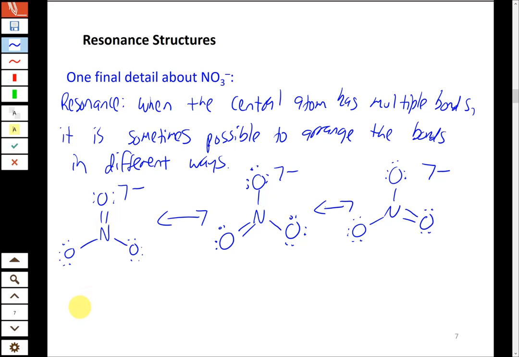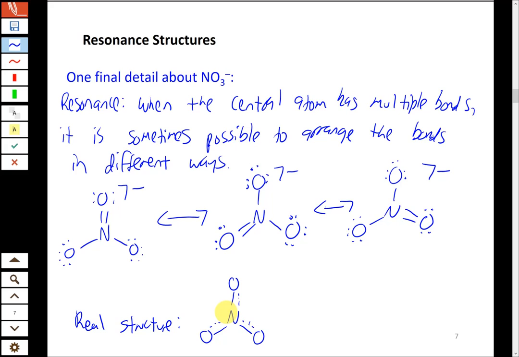But what this means is that the real structure for NO3- has 3 identical bonds that are in between a single bond and a double bond. Now, there's no good way to really draw this in a Lewis structure type format, but all 3 bonds are identical, and we can draw sort of dotted lines to indicate that there's 1 bond that's sort of delocalized between